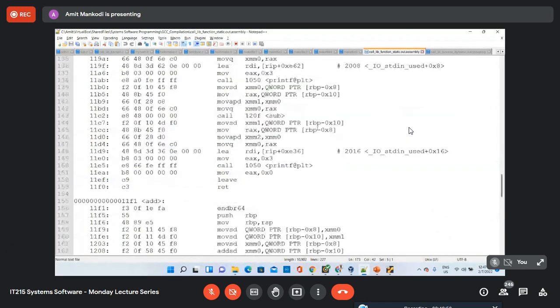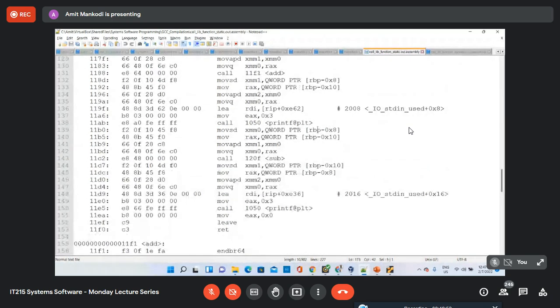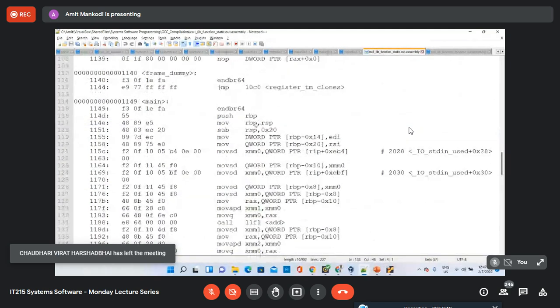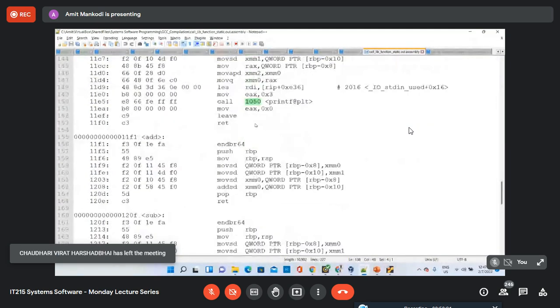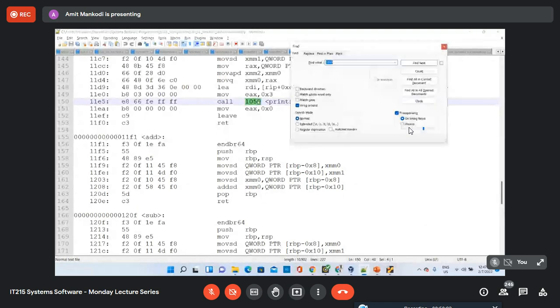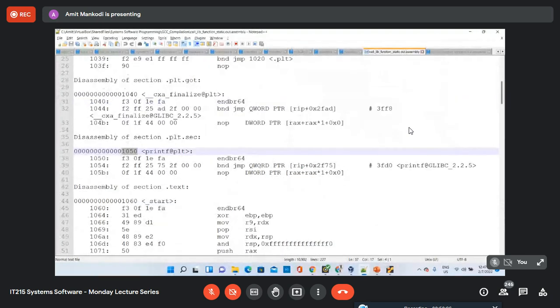But let's say you look at printf or some other functions. Let's say we have used printf. Now, printf is not included using the static library. It is included using the dynamic library. I know that because I have already looked at this code, but I'll explain why when we look at the disassembled code for the dynamic library. So when I go to 1150, that is where you will find the position where the printf function might be available.